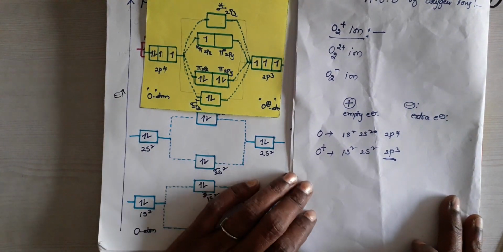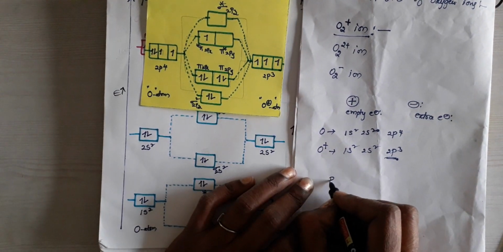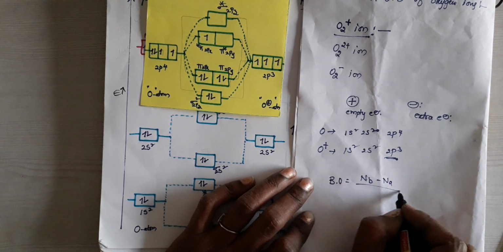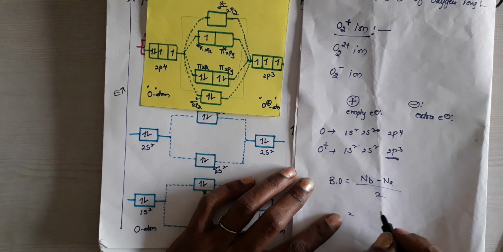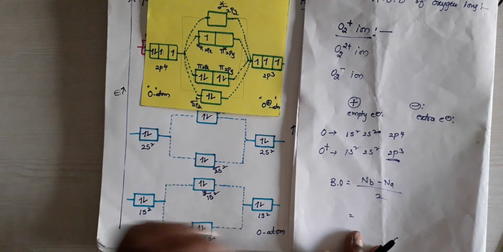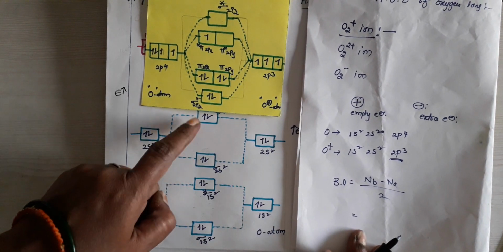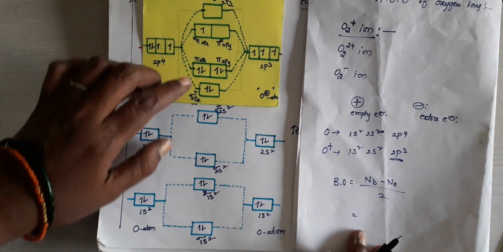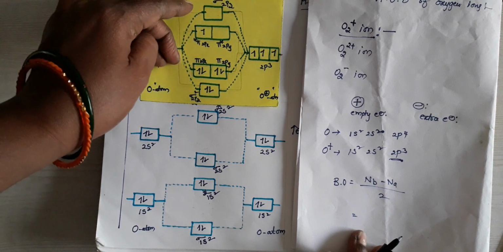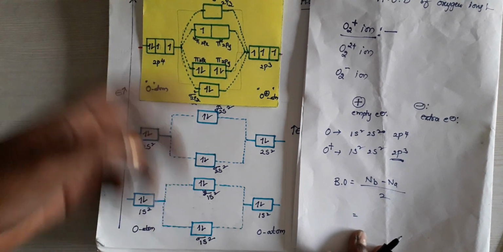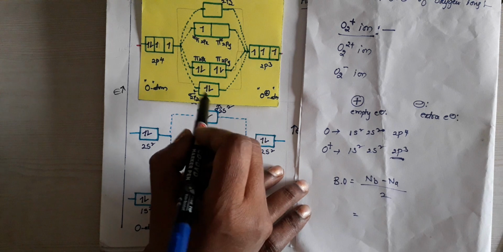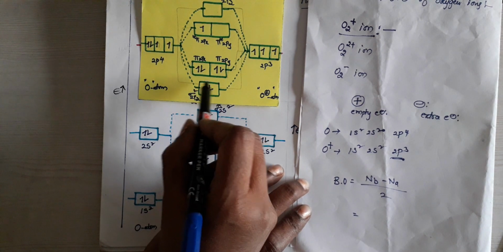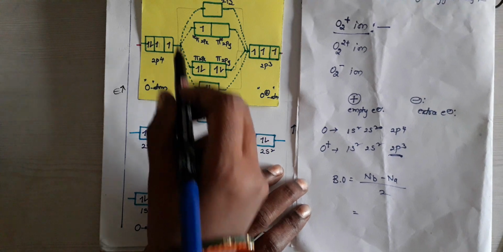See here, for the bond order calculation, we have to take Nb minus Na by 2, right? So according to that, here Nb equals Na, so they may be cancelled, and you may calculate directly here only. Okay, Nb, Na, otherwise as you wish, it may be equal. Here Nb, how many bonding electrons? How many? Here the molecular bonding orbitals.